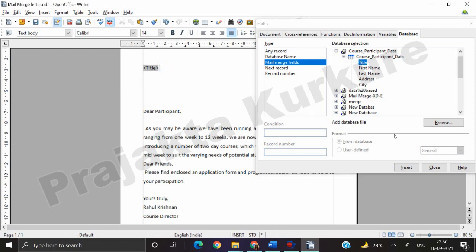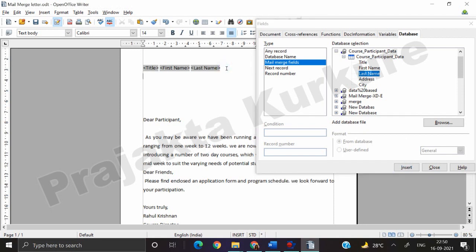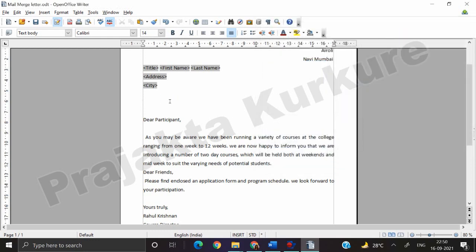So like that your fields will get inserted, as given in your assignment also. Like this only you need to insert the fields before dear participant, and then close this. Once you have done this,